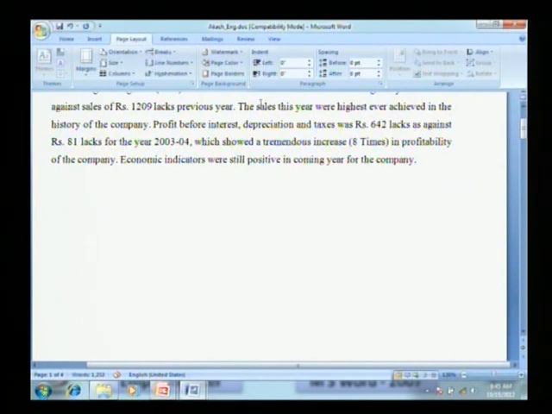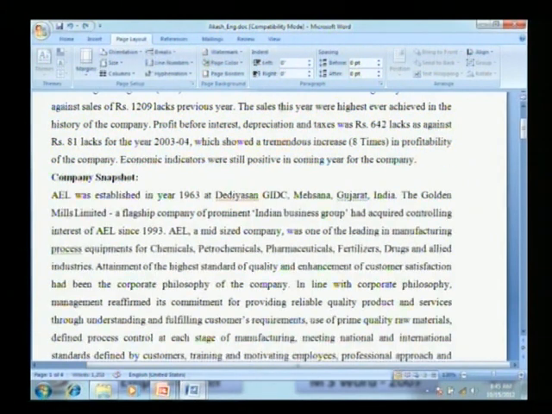Then creating a multiple column layout. This is again very important. If you are aware of any newspapers, normally the contents are available column wise. How do we see this content column wise? Normally when we publish a research paper, the contents are available column wise. So how do we do it?